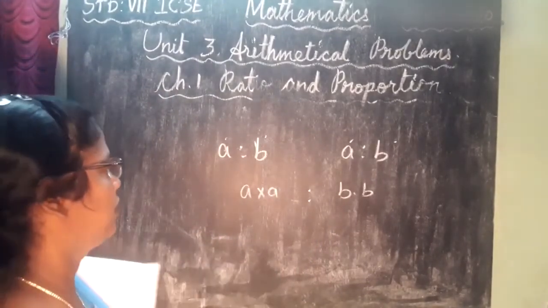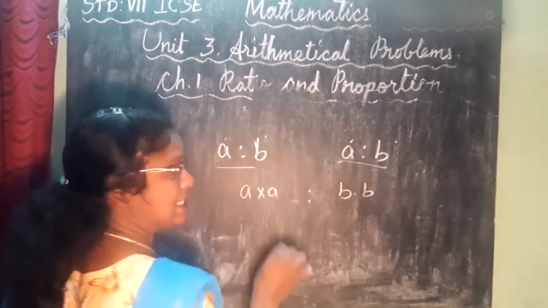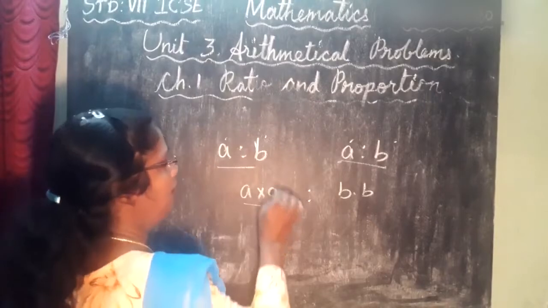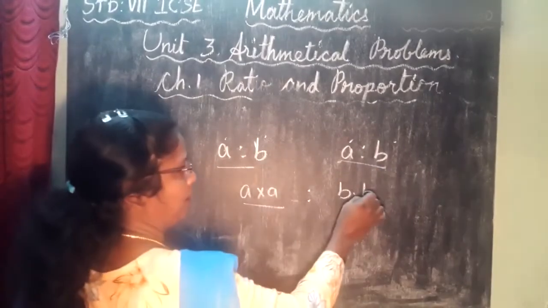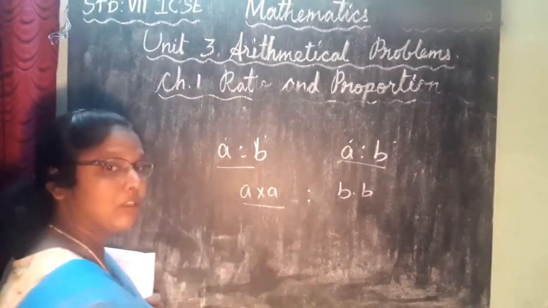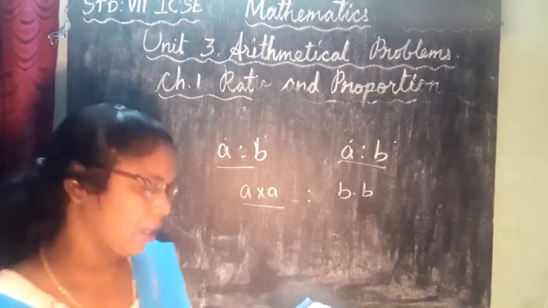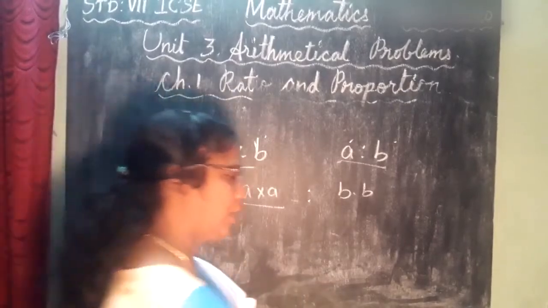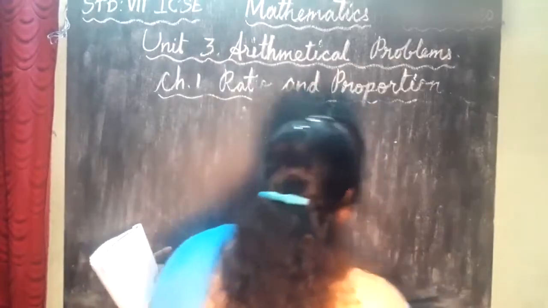Compound ratio. Listen, two ratios are given. The first term and first term, that means antecedent and antecedent, are multiplied, and the second term and the second term, that is consequent and consequent, are multiplied to compare the ratio. It is called compound ratio. Next, third one, continued ratio. Continued ratio means here we are going to take